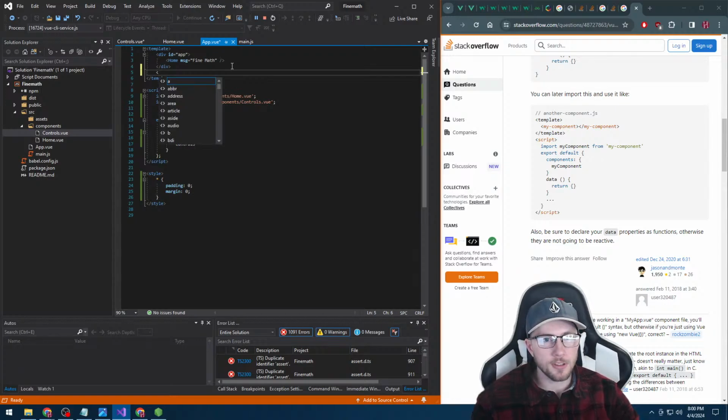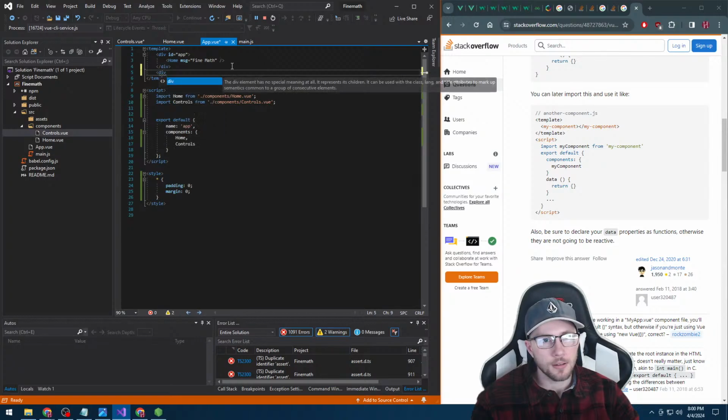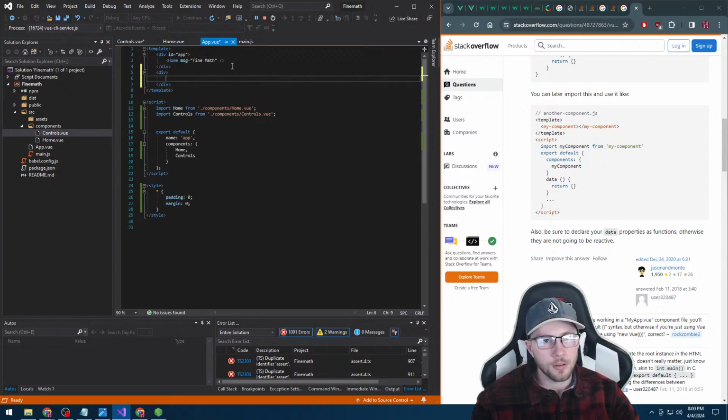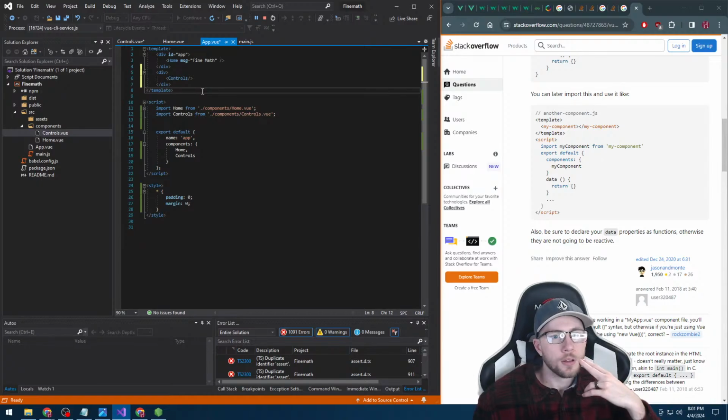I have to like use it in the template as if it's its own tag. So we would say controls. I don't know why that looks so wrong to me, but